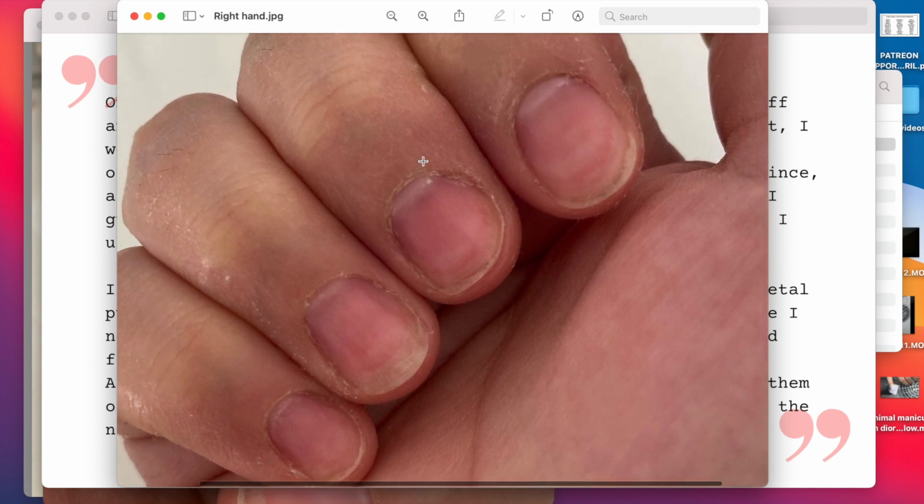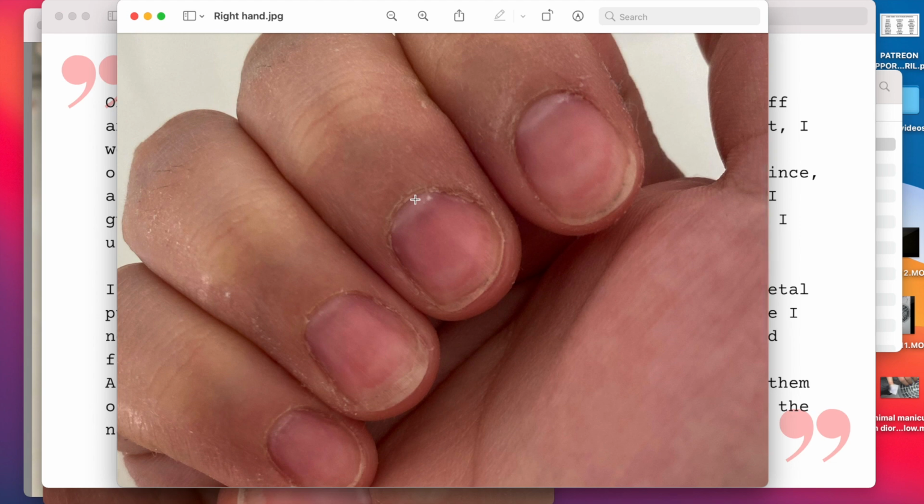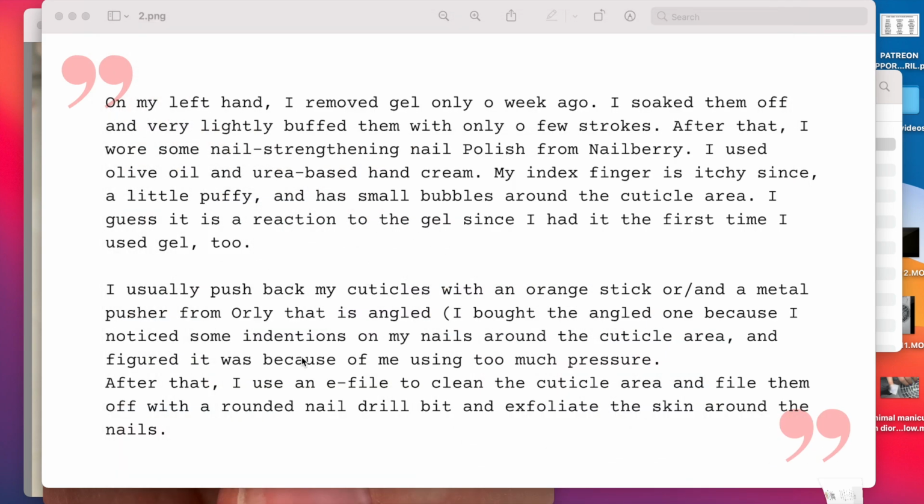So what you should be doing, I would even say every day, just taking a very gentle wooden orange wood stick and just kind of nudge back that skin, okay? And think of this as a skin. This is not your cuticle. This is your living skin that we have to take care of. And then once a week, put the blue cross on this area on the nail and just kind of remove the cuticle that's on the nail plate. And if you do this once a week, there's not going to be anything that is growing because